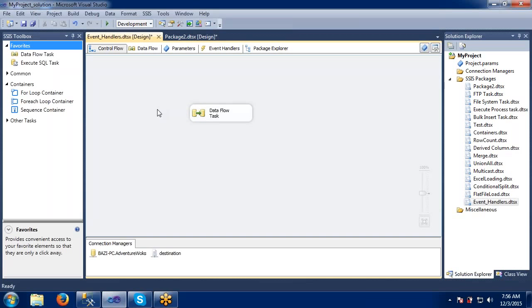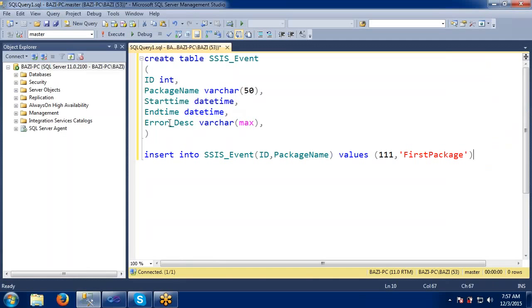For that I am taking one table here, and I want to create some columns. In that I want to capture my own descriptions, when the package was started, when the package ended, and if any issue has come, what is that issue. All those details I want to capture in my own created table. For that I am going to the DBMS.